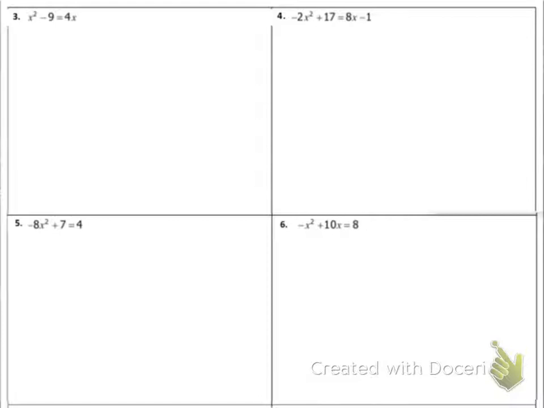All right, so let's try a few more. So number 3, first thing is I got to get it in standard form, because you need to have it in standard form anyway to use the quadratic formula. So when I bring that 4x over, the minus 9 is still there. Now I just bring the 4x over, makes it negative 4x, and say I want to use the quadratic formula. But I might even have thought twice about completing the square here, because